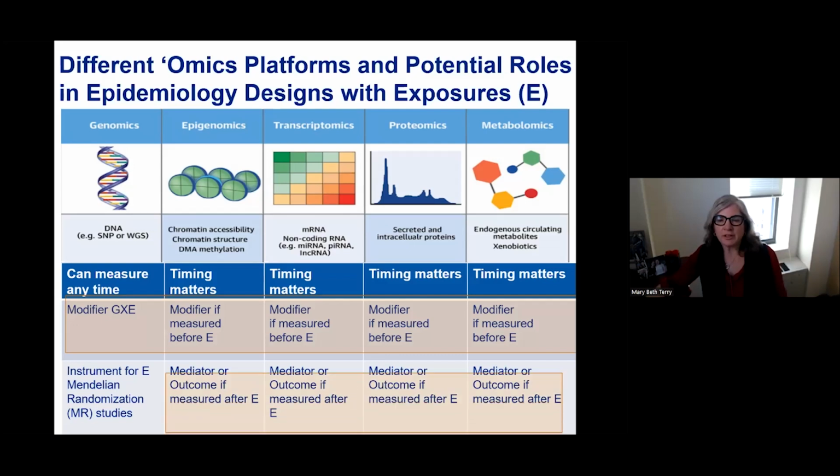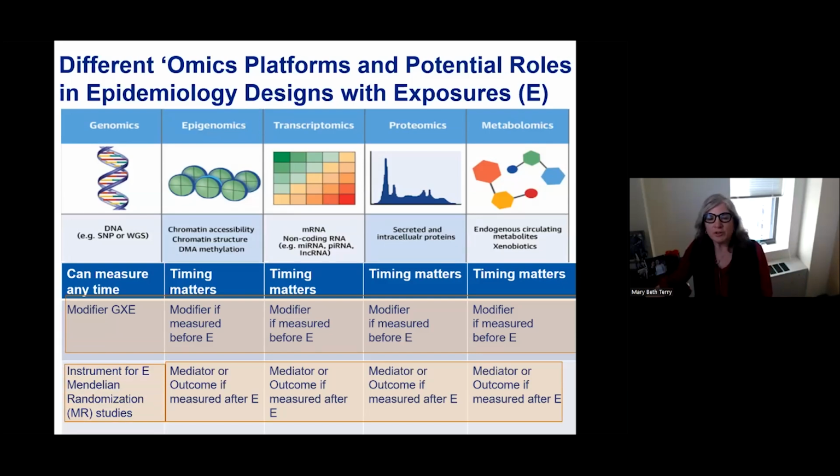If measured after the exposure, all of the omics platforms except germline genomics may be used to evaluate potential mediating pathways and/or as outcomes for an intervention study. For example, one could measure metabolomics before and after an intervention to reduce exposure. Increasingly, genomic instruments using germline variants are being used as proxies for exposure to reduce biases seen in observational research, using a method called Mendelian randomization, which uses genetic variants as a proxy for exposures, as these proxies should not be confounded given Mendelian genetics.